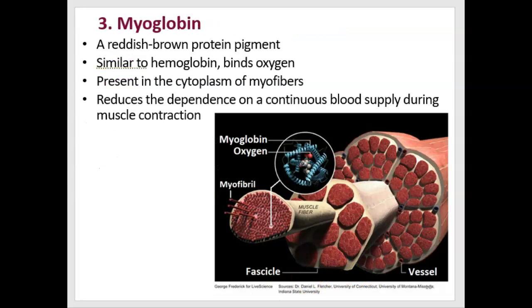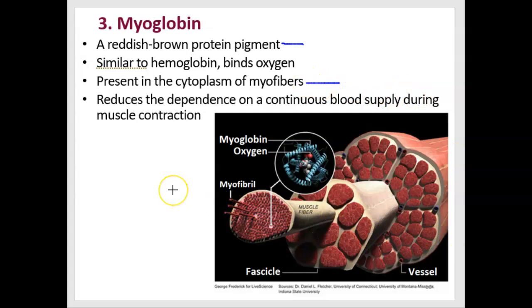Okay, let's look at myoglobin a little bit. Myoglobin, the compound is shown here. I don't know if this reminds you of hemoglobin or not, but there's chains of polypeptides and oxygen is bound in the middle, just like hemoglobin. This myoglobin compound is reddish brown because it's got some iron in it, and it's present in the cytoplasm of